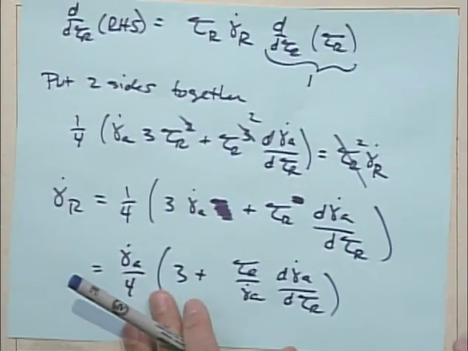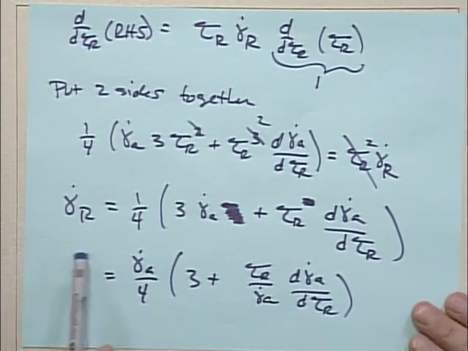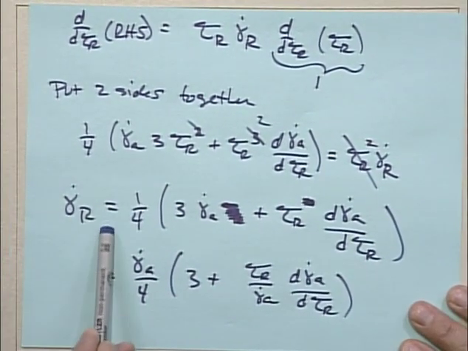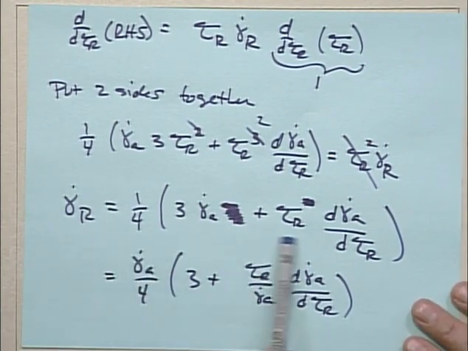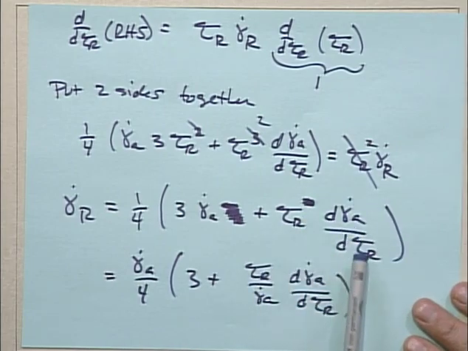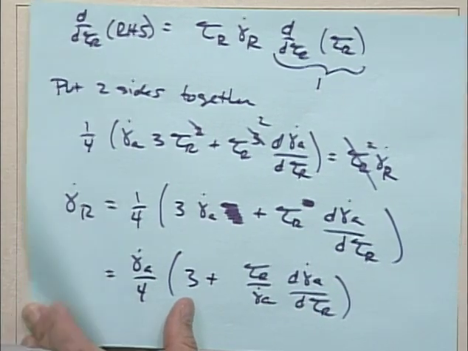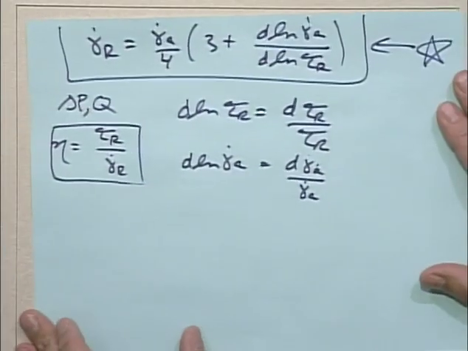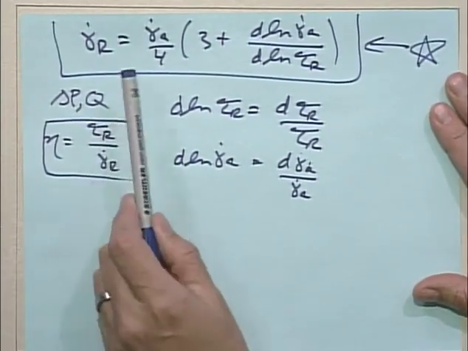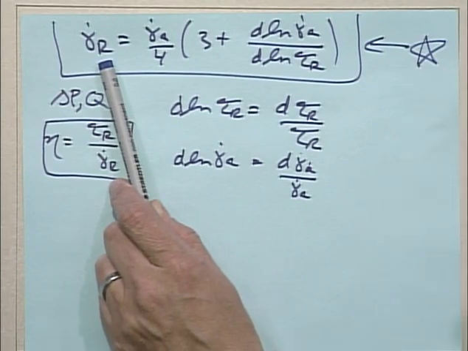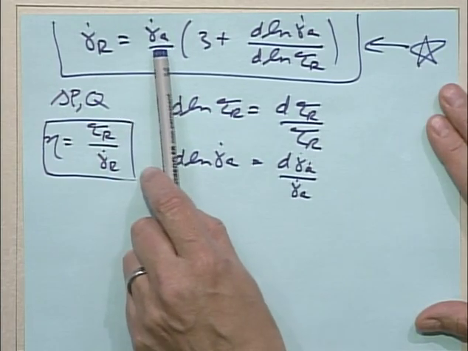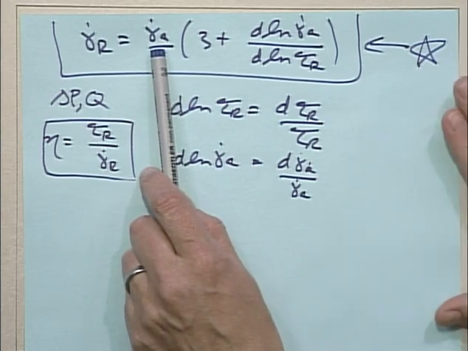which after a little bit of working gave us our final result, which was that when we took that derivative, the shear rate at the wall appeared. And we got the shear rate at the wall in terms of this derivative of the apparent shear rate versus this shear stress. The final expression that we got is this. It says that the shear rate at the wall for a material of any constitutive behavior is related to the shear rate at the wall if it were Newtonian, the apparent shear rate,